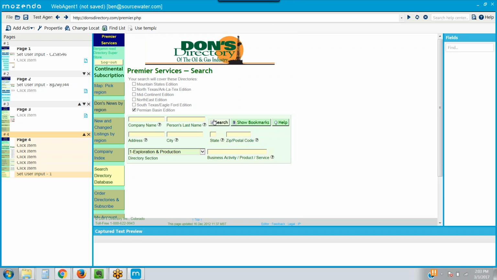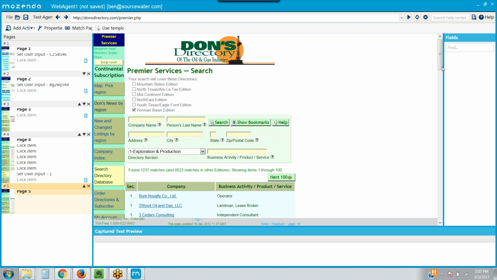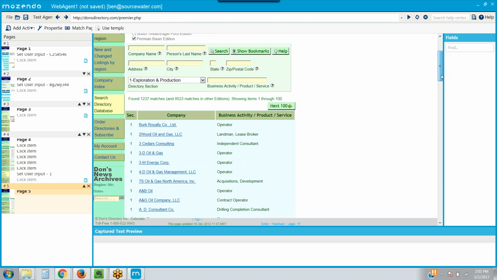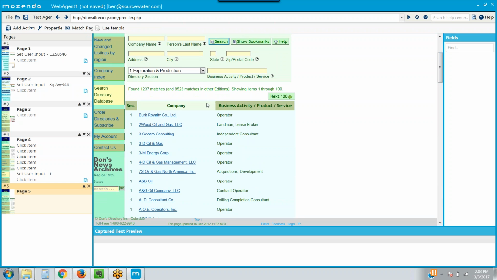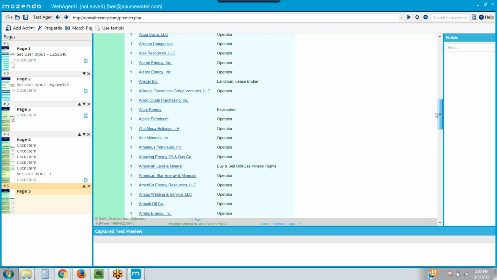And then I would probably just search. And then from here, what I want to do is I want to go in and essentially skip anything that does, if it says operator, I want to capture the information. If it doesn't say operator,